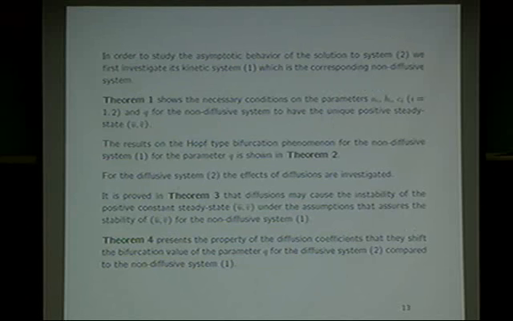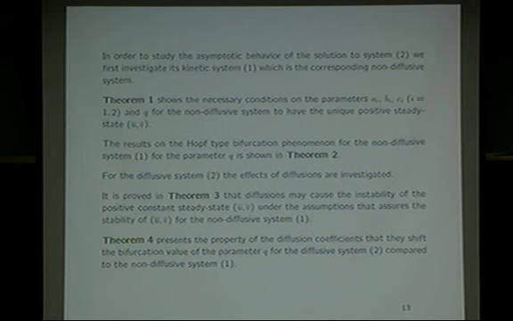So here I'd like to present some results about the asymptotic behavior of the solutions of the diffusive Holling type predator-prey system. And I'd like to present 4 theorems. In Theorem 1, the conditions for the system to have constant positive steady state U bar and V bar will be shown. And Theorem 2